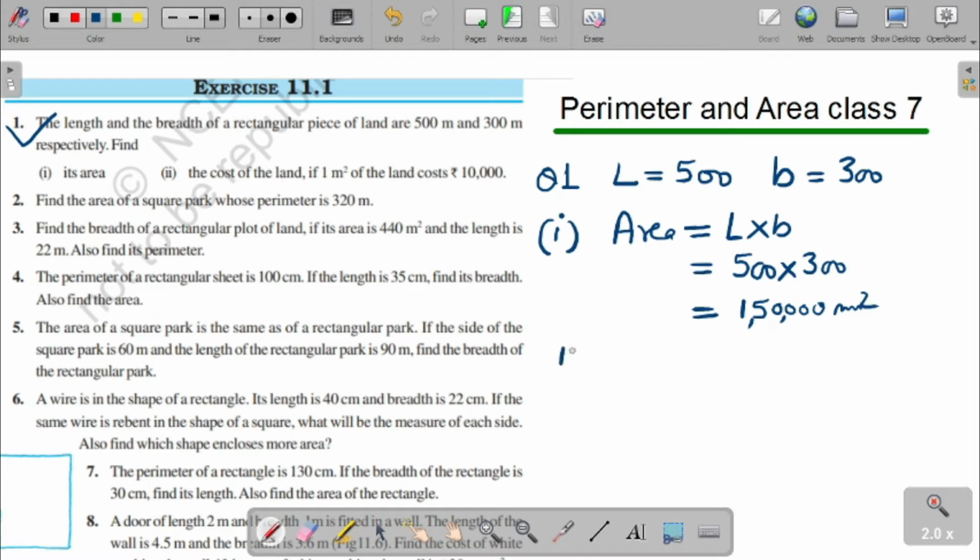In the second part we have to find the cost. Cost means rate into area. You have been given the rate: rupees 10,000 per meter square. So cost is equal to rate into area, and the rate is given to you, 10,000 per meter square, into area, which is given to you